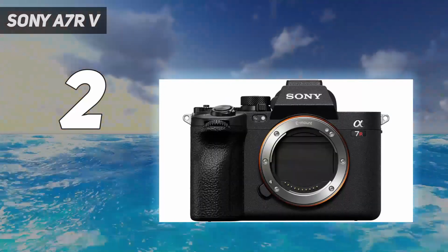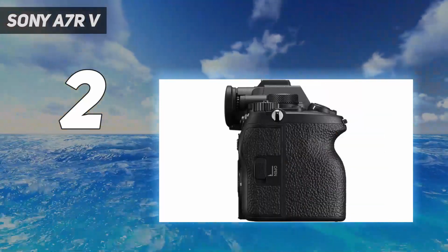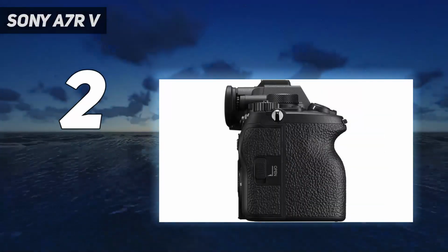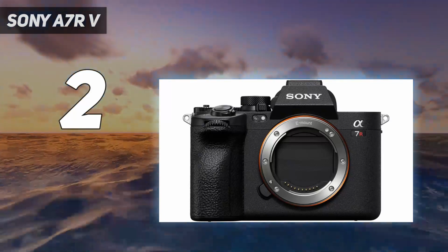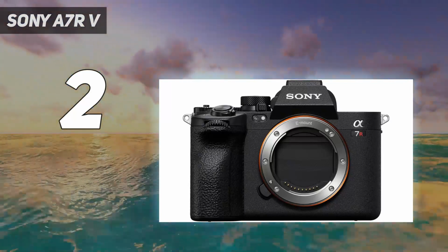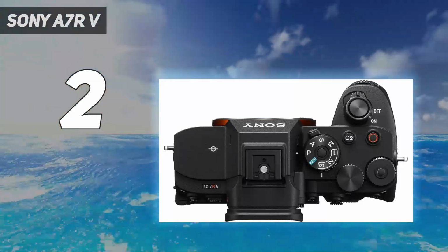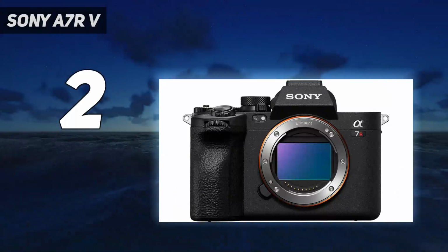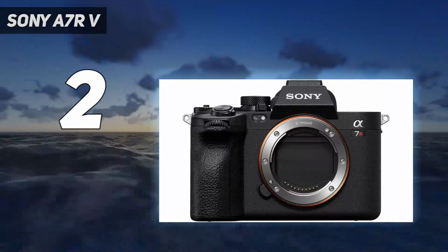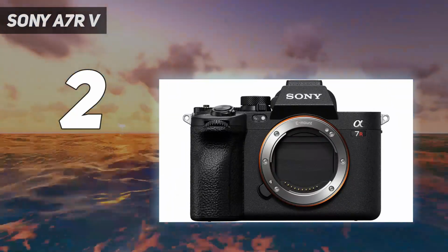8 stops of image stabilization made it easy to shoot handheld in testing, too. We were also impressed by the effectiveness of real-time recognition AF. It's not perfect, but it can generally detect a range of subjects and capture them crisply. From our time with the A7R V, we think its level of detail makes it best suited to landscape and studio work. Do keep in mind that it only produces its best results when paired with top-spec lenses, which will add heavily to the